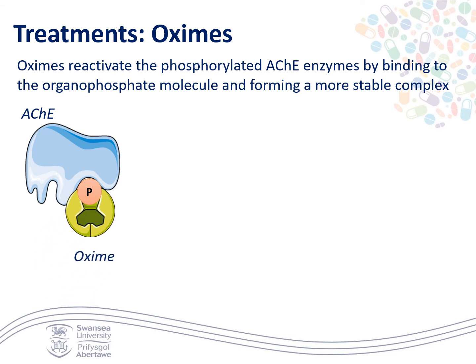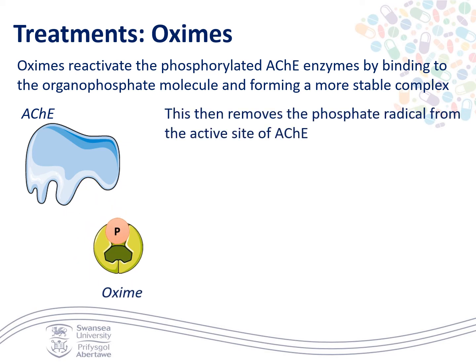Oxime drugs, such as obidoxime, reactivate the acetylcholinesterase enzymes by binding to the organophosphate molecule, which has been stuck on to the active site of acetylcholinesterase. Oxime drugs form a more stable complex. They bind to that phosphate ion, and the phosphate ion binds more tightly to the oxime drug than it does to the acetylcholinesterase. And so that phosphate radical is removed from the active site of acetylcholinesterase,